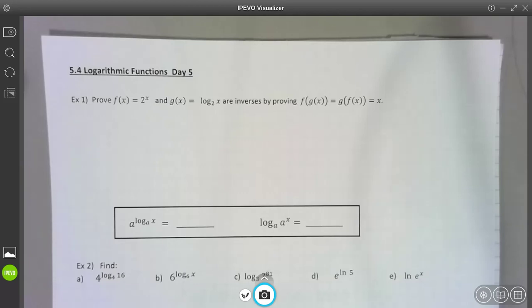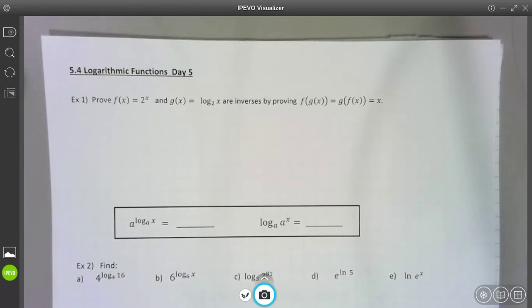All right, here we go. So this is day 5. This is all about solving logarithmic or exponential equations, basically. So this is where you kind of start using a log and an exponential function to undo one another. And it's like we would use a square or a square root to undo one another when we're solving an equation, okay? All right, well, first let's go back to how we truly prove inverses, how we prove that one